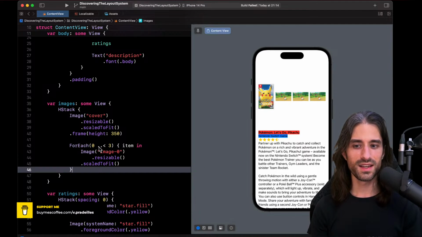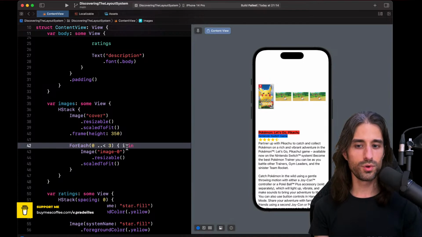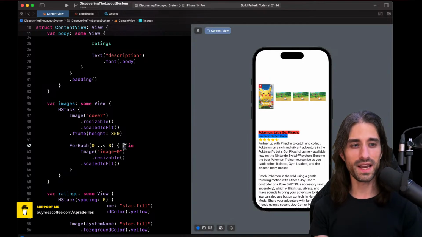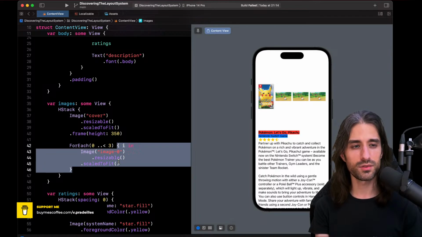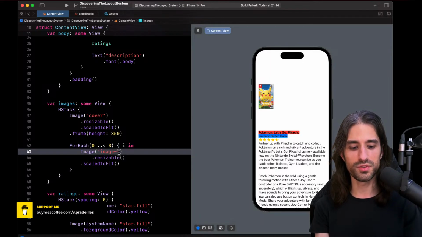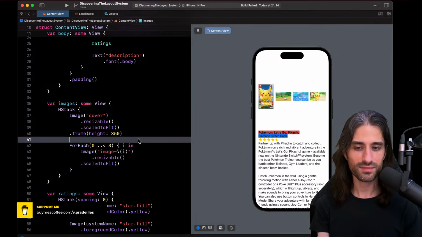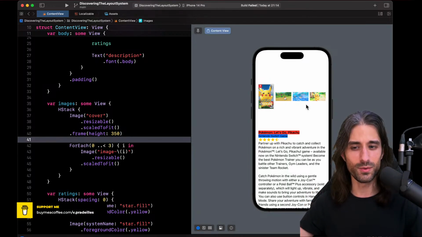So we can see the same image is being displayed 3 times, but of course now we have access to the item that's being iterated. So here it's just the integers 0, 1, and 2, and we can use them inside the closure we pass to ForEach. And I'm going to use it here with string interpolation, like that. And now we have our 3 images, very small for now, but we're going to deal with that.